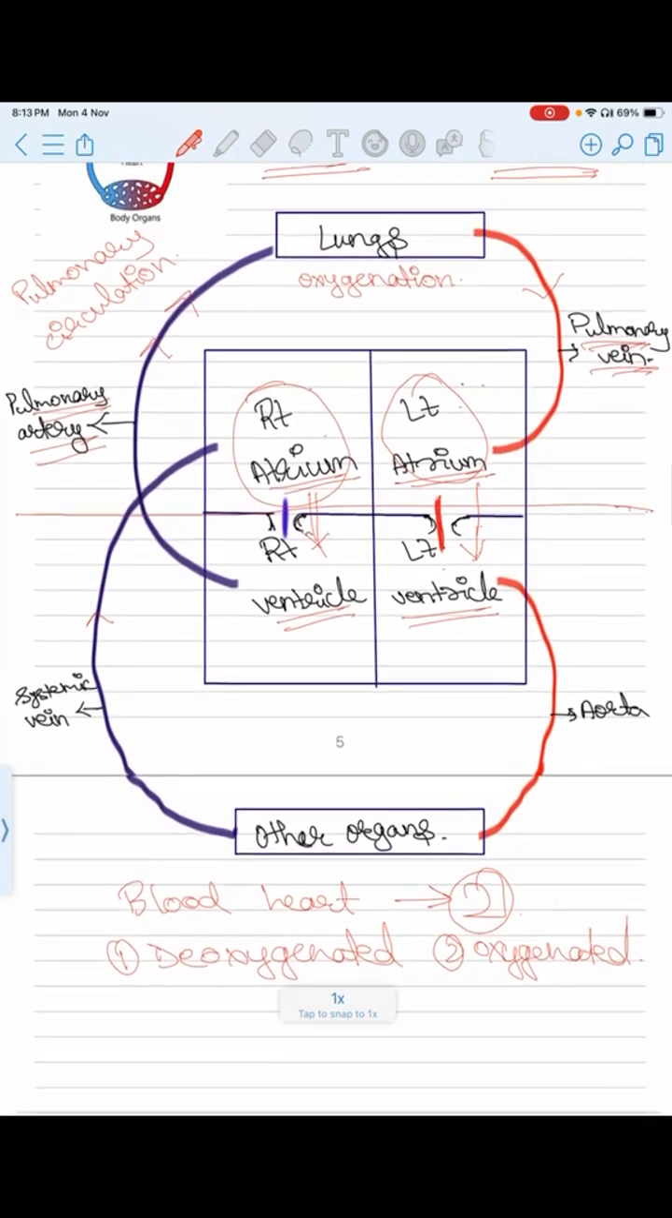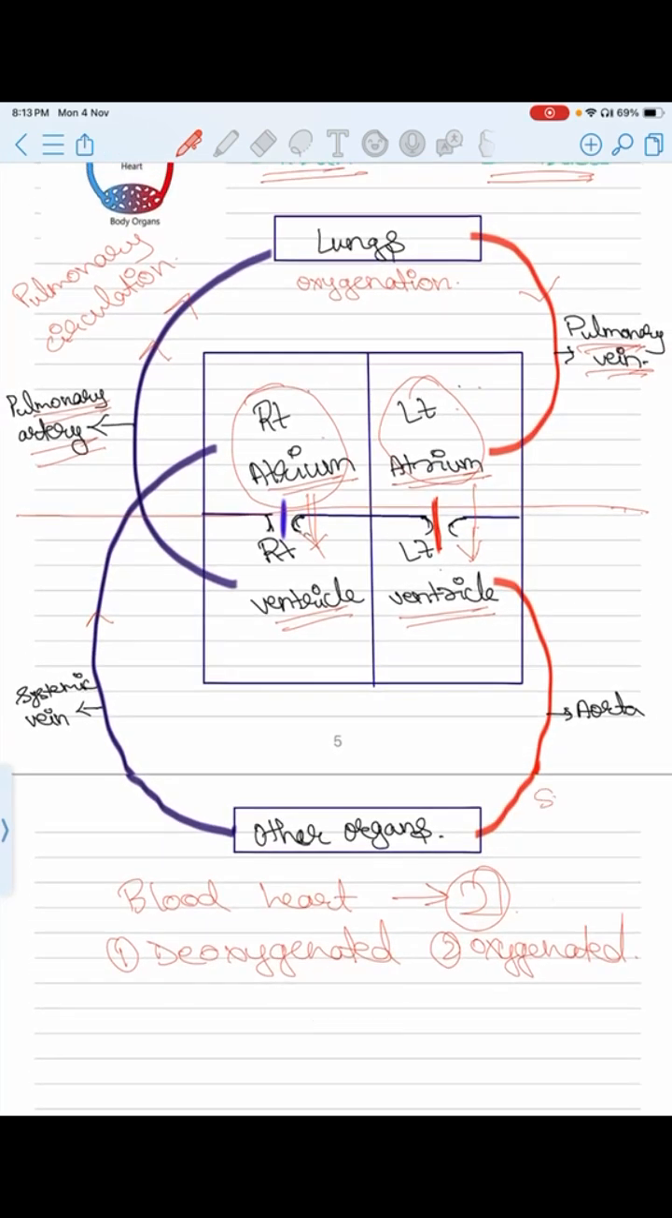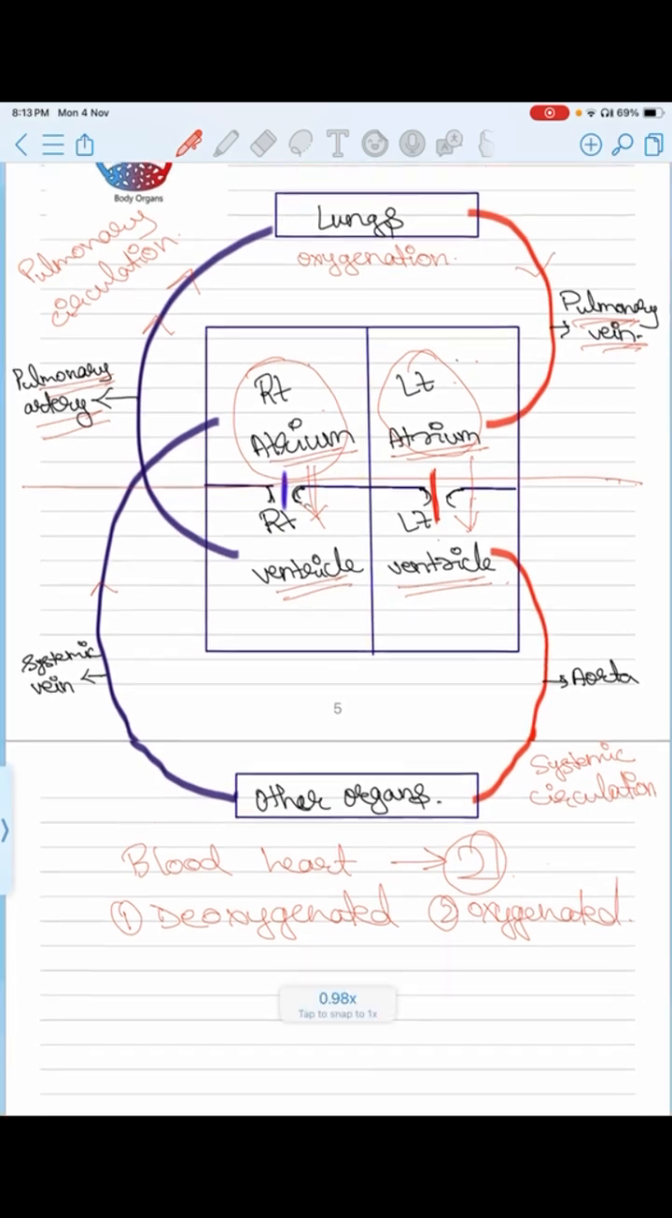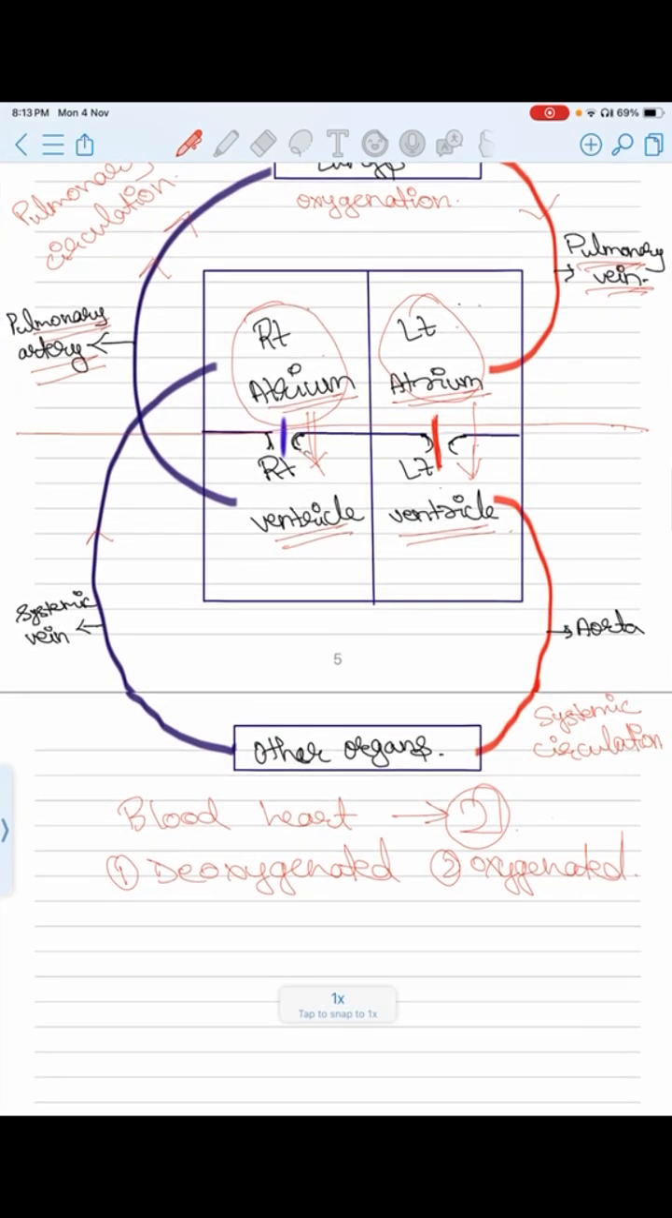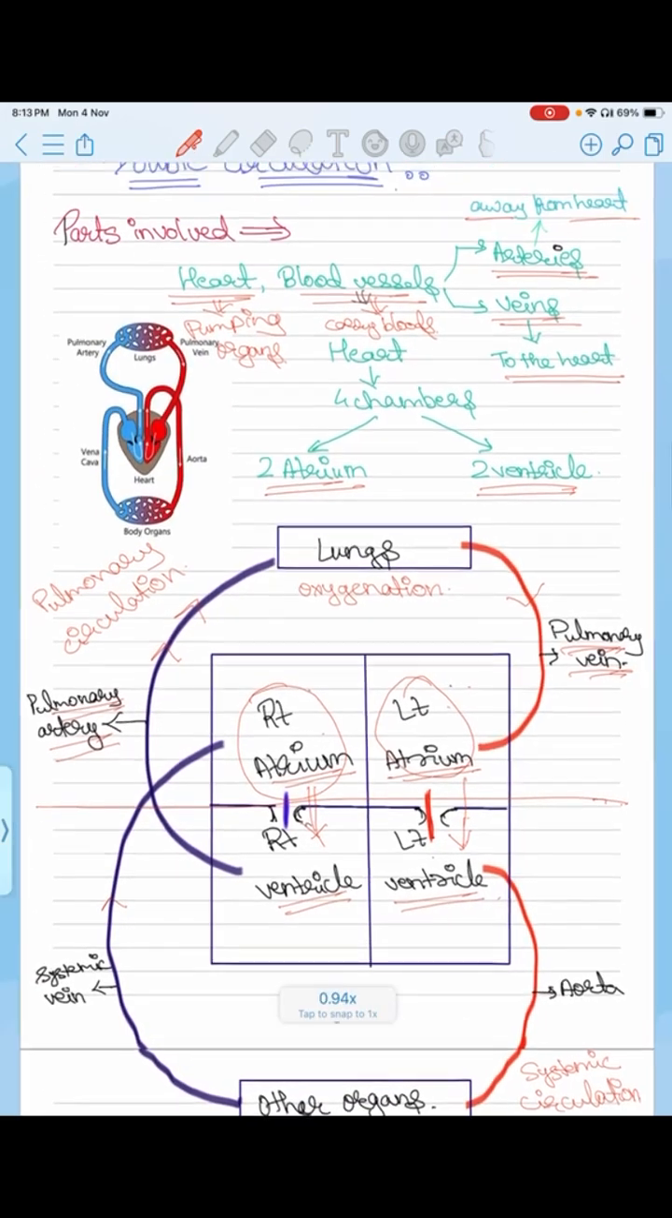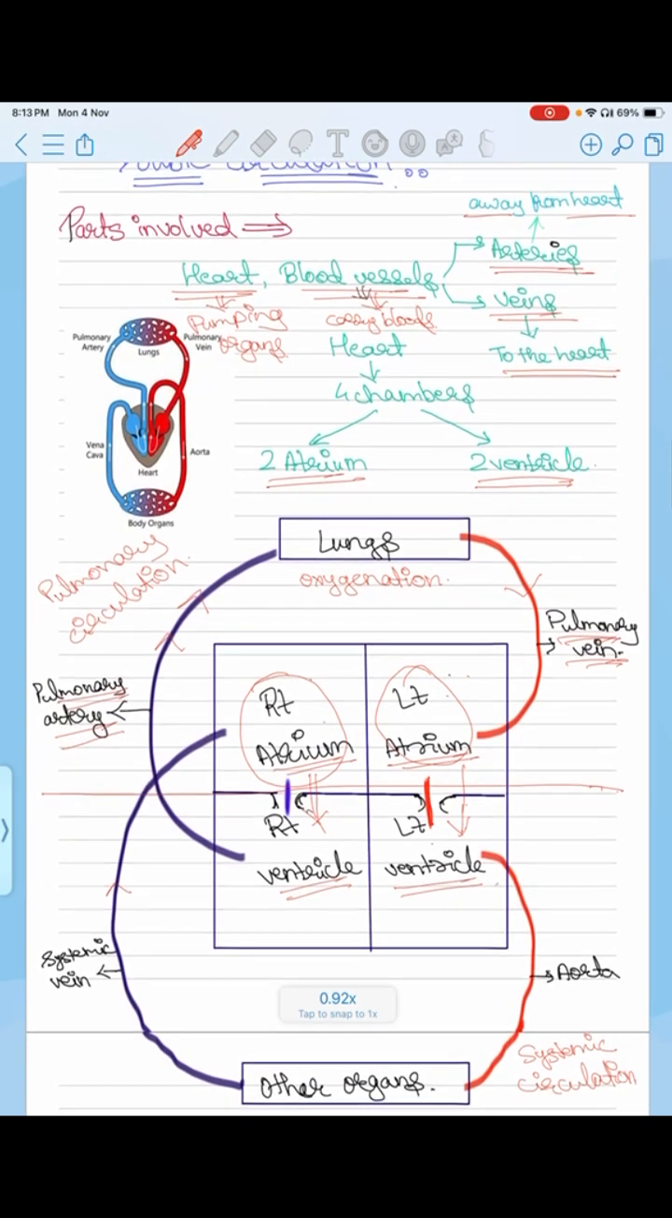And this lower part of the circulation is the systemic circulation, which carries the blood from the heart to all the other organs of the body. So systemic veins carry the blood towards the heart and arteries carry the blood away from the heart. Now from this explanation we can understand why blood circulation is said to be double